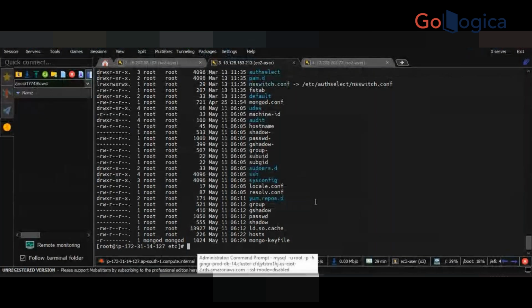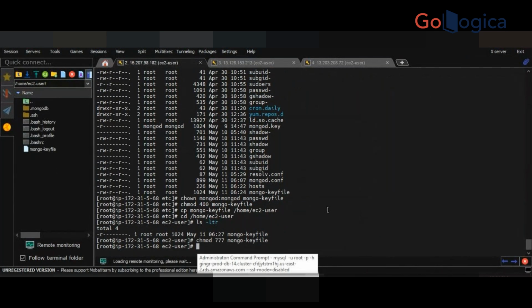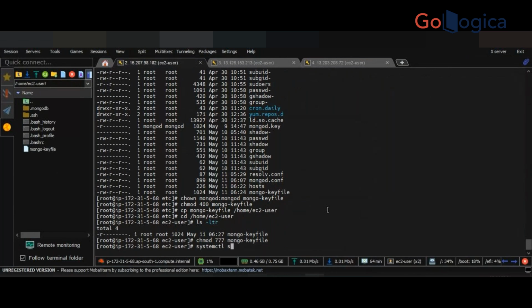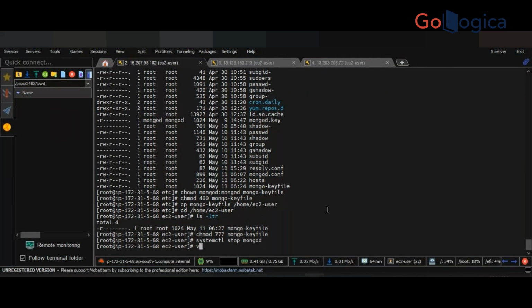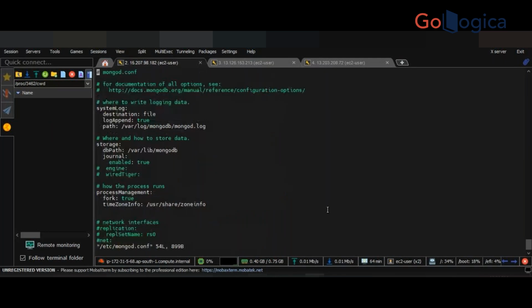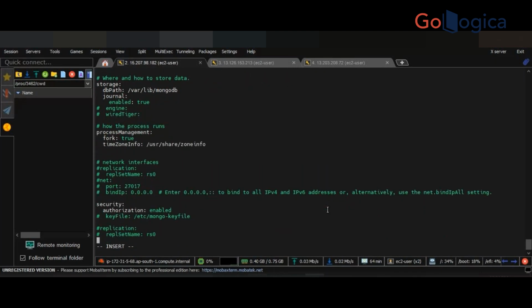So for stopping this, first we need to go to our primary and give systemctl stop mongod. Once we have done with this, we need to go to our configuration file and edit this. We need to have the same key file,